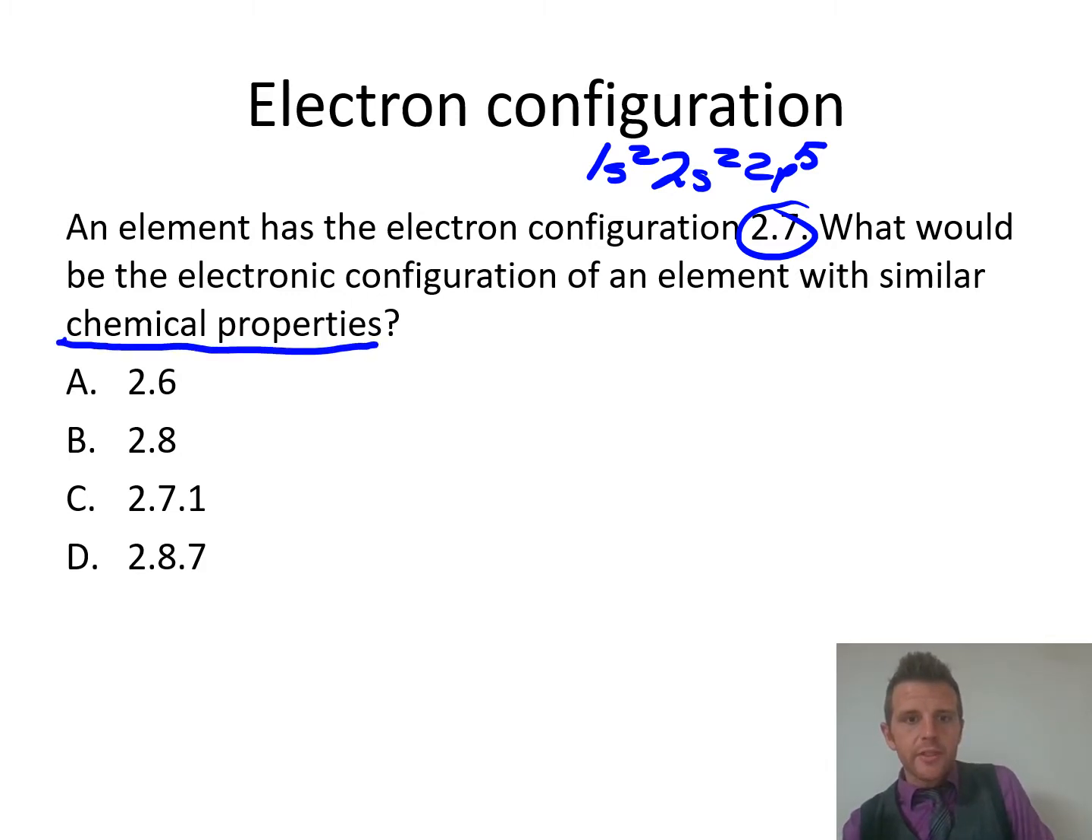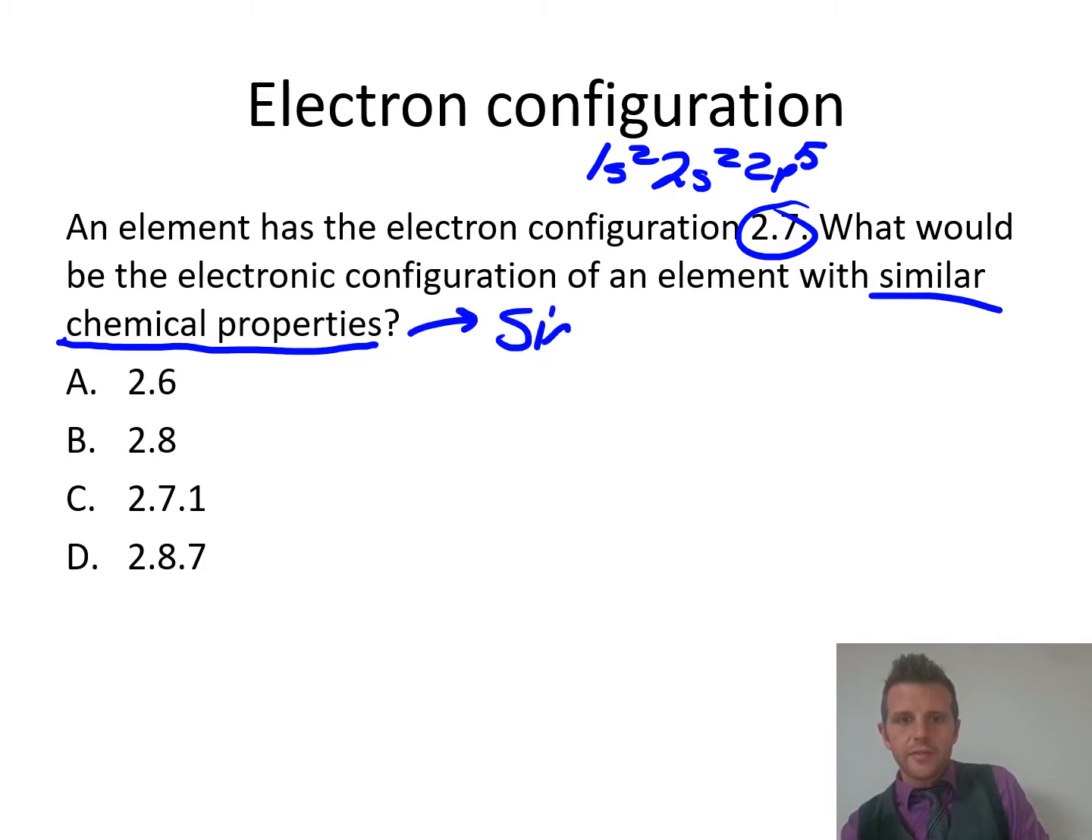Chemical properties. That's really just describing how it reacts. And the way things react is really based on what kind of ions they're going to form, what the most common oxidation states are, and things along those lines. So since we're talking about ions and similar chemical properties, that's really just saying which one of these is going